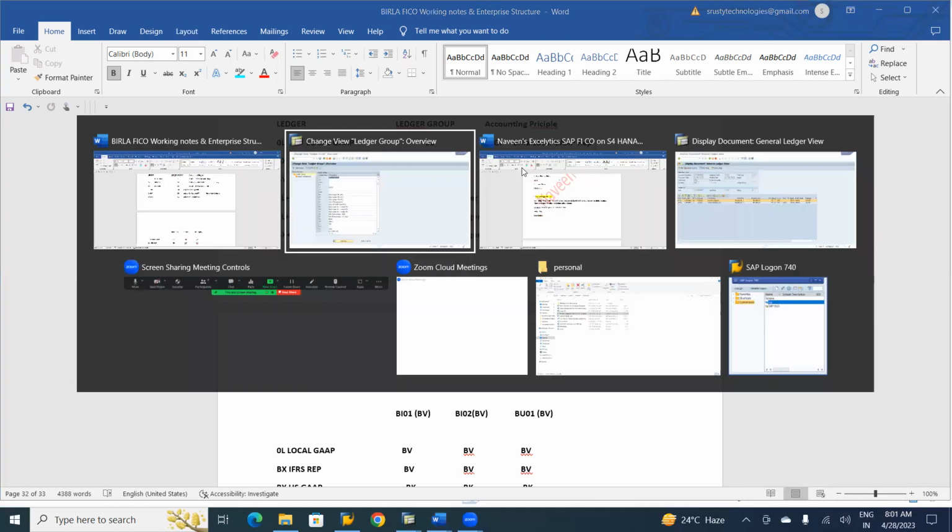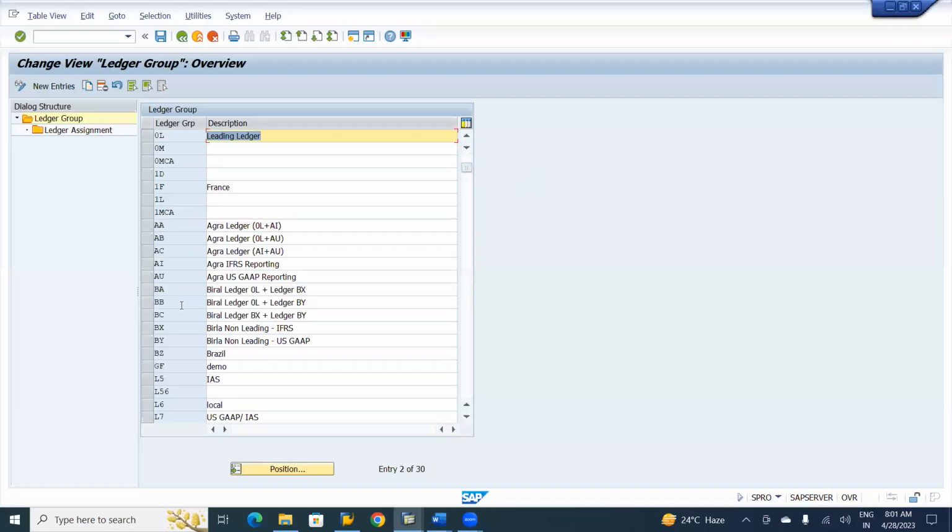So yesterday we have done that. So I'll show you that BA reporting. What is BA reporting? BA, if you give 0L, BA ledger, then the report will be generated as per your local GAAP as well as IFRS reporting. So here, the most important thing is, whenever we post the entry, so here you can see